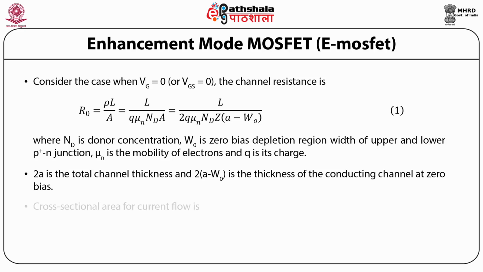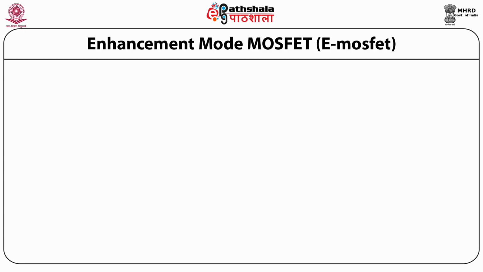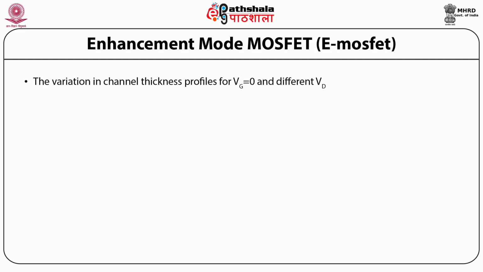So students, the cross-sectional area for the current flow is given by A equal to Z multiplied by (2a minus 2W), equal to 2Z multiplied by (a minus W), where 2 multiplied by (a minus W) is the thickness of the conducting channel at Vg equal to Vd. So the variation in the channel thickness profiles for Vg equal to 0 and